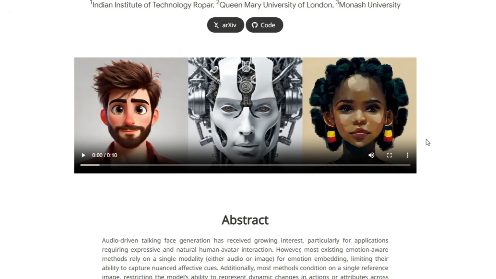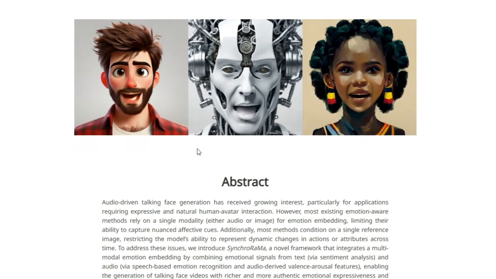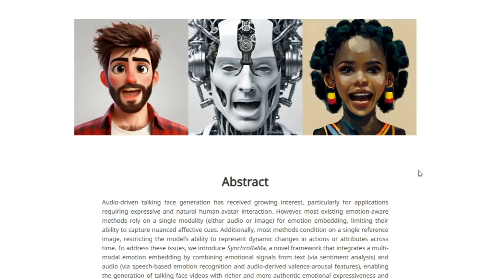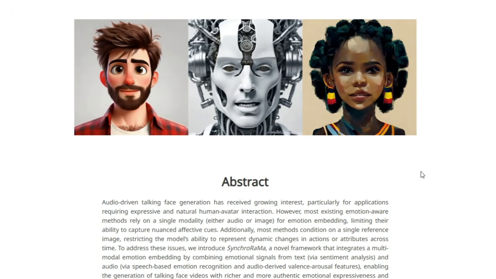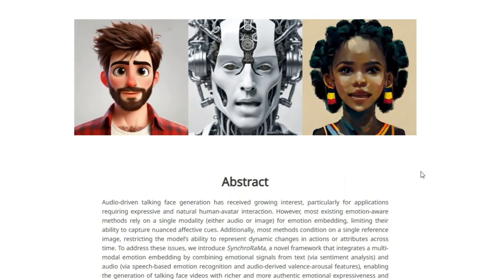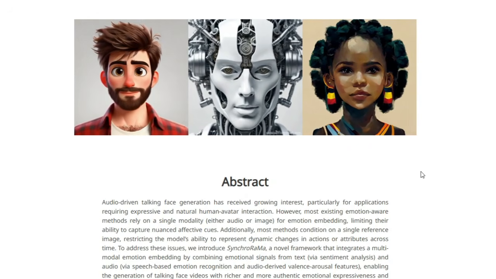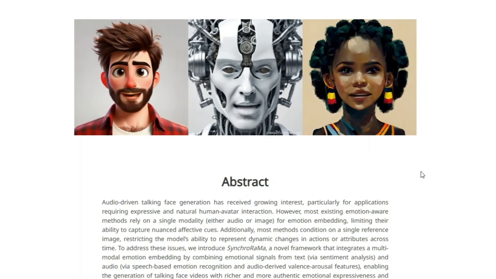What makes this work unique is its ability to fuse multiple emotional signals, not only audio cues like tone and rhythm, but also textual sentiment derived from the spoken or contextual text. In most prior systems, emotion embedding comes solely from audio or image, limiting recognition of complex affective states. SynchroRaMa bridges this gap by combining audio-based emotion recognition, valence arousal features from the speech signal, and textual sentiment analysis